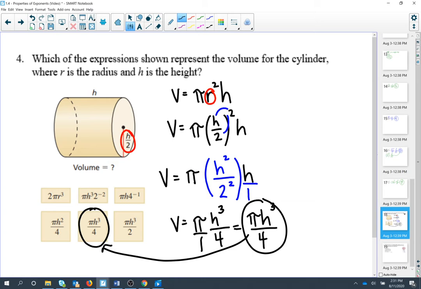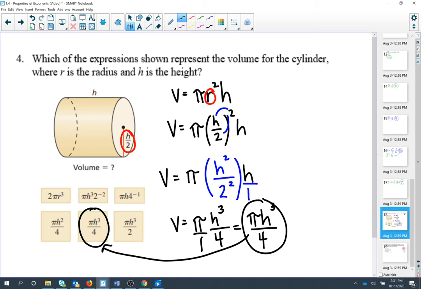So then my next one is, well, what else could work? Or can anything else work? So I'm going to look,